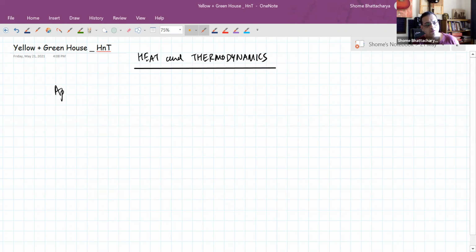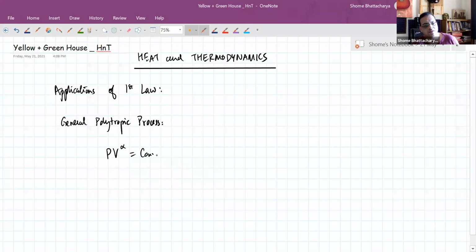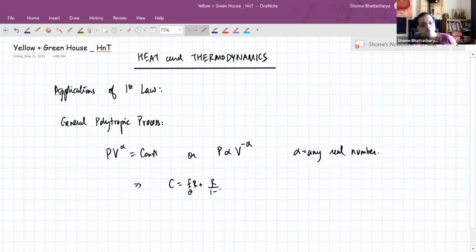So looking at the applications of the first law, one of the important ones we had seen was the general polytropic process, wherein if pressure and volume are related by an equation like this, or we can say pressure is proportional to V to the power minus alpha, where alpha is any real number, then the molar specific heat capacity becomes F by 2 R plus R upon 1 minus alpha, and Q becomes nC delta T from this,